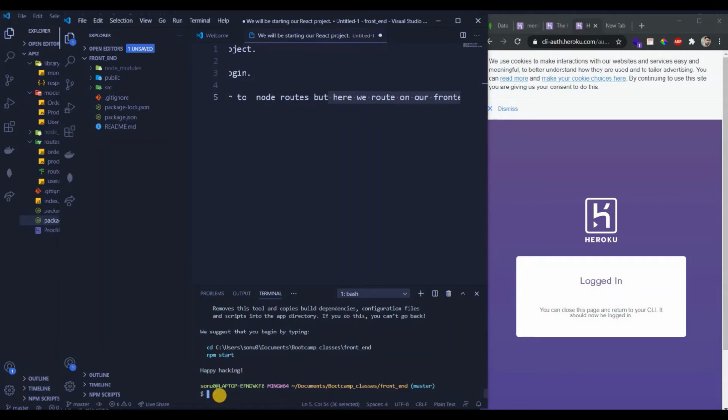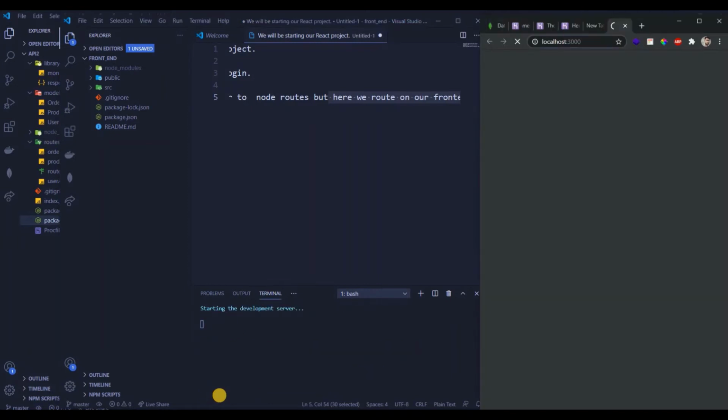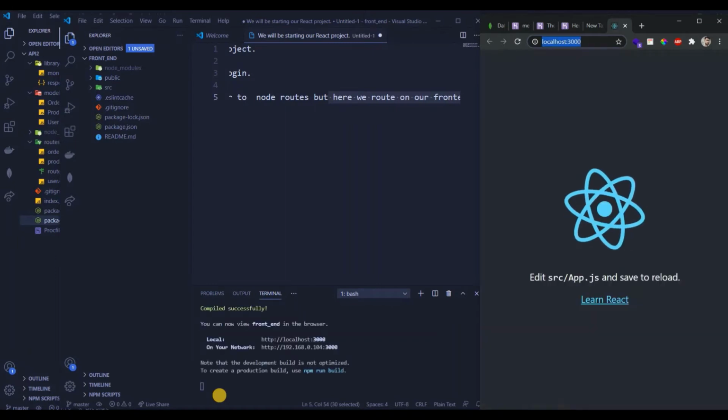So let's go ahead and start, like whether our application is starting or not. Let's check that. So we did npm start, and let's see. It's gonna start a development server for you guys, and it will be on port 3000.